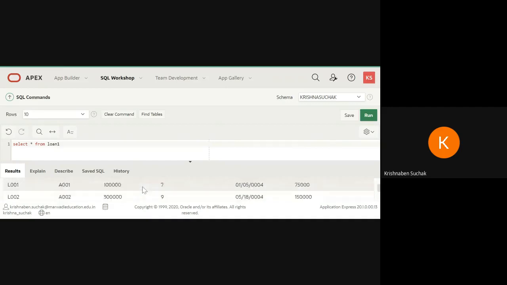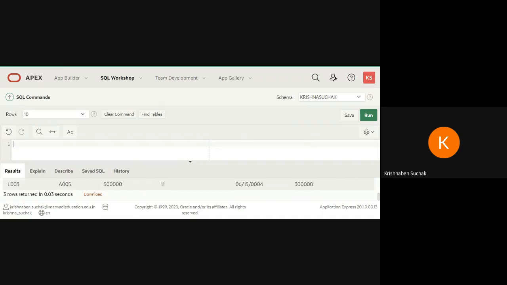Okay. So these are the three values which we have inserted. Now we are going to implement the queries which are given in our practical list. First was to insert the record if you have not inserted it in practical one. Then second is, for each loan holder, add 1 lakh rupees into the column loan amount.